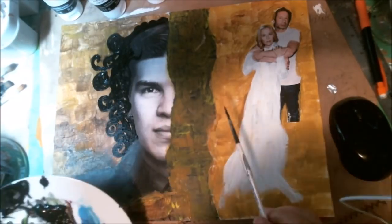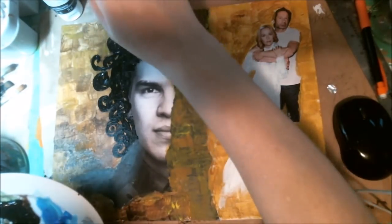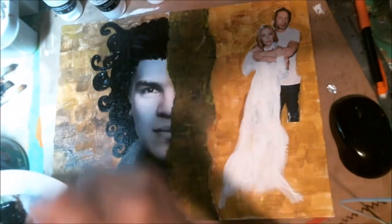The reason I did the twirling on the hair, one reason is I went crazy with it, because of other paintings,